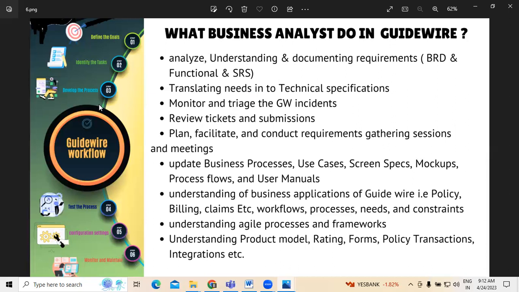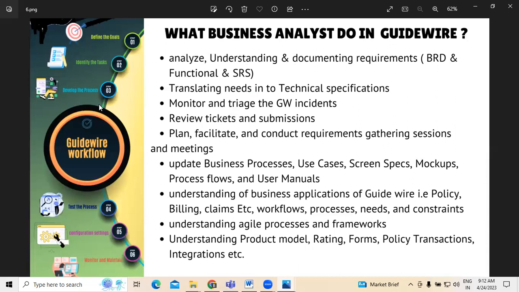Last but not least, maybe sometimes we may be required to prepare user manuals, but being a business analyst, this is not necessarily important for all the profiles, because there are some slight variations depending on the role that we carry, right? At the same time, being a BA, what sort of experience and what level of experience an employer is expecting, based on that, whether there will be participation in preparing user manuals and all, everything slightly varies, right? But otherwise, use cases, screen specifications, mockups, process flows, all these things are essentially important for any BA to perform.